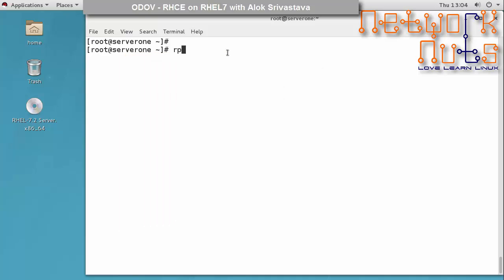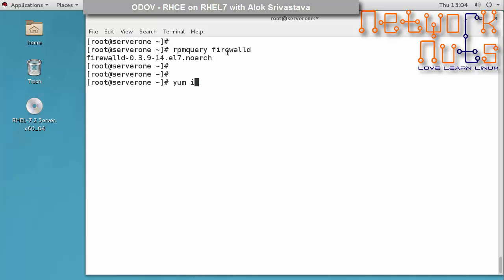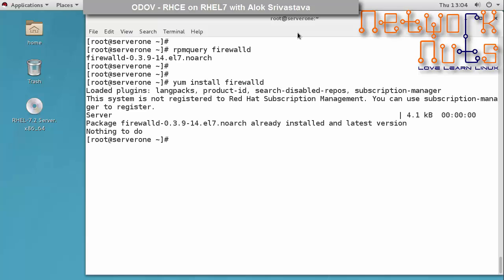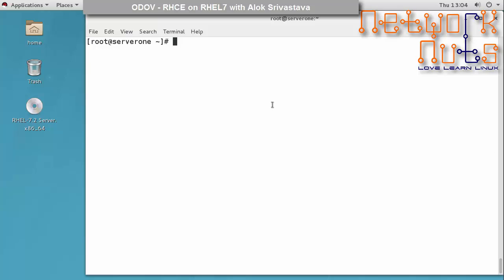So if I simply give this command here, rpm -q firewalld, it is included. In case it is not, though the chances are very rare that it's not installed by default, as it is available in the core package RPM group, you can simply give yum install firewalld. Make sure that your yum is properly working. In my case, as it is already installed, I need not bother or worry about it. That's great. So before I jump onto writing the firewall rules, allowing certain ports, blocking certain ports,